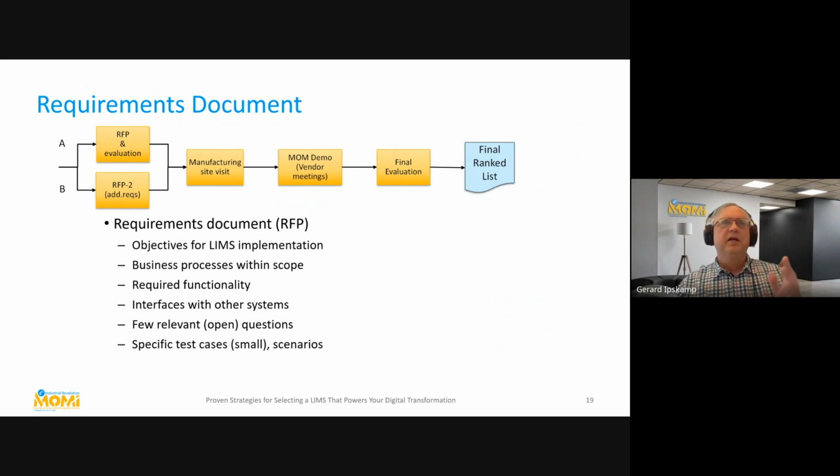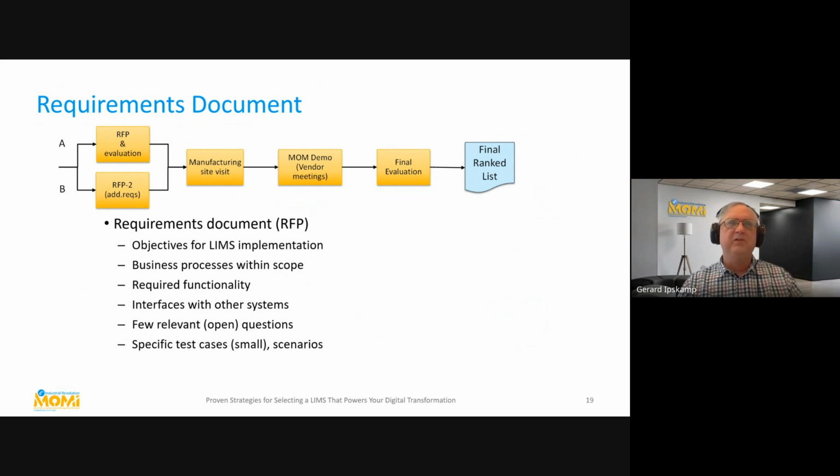Requirement document. One of my statements there is always make sure that you realize that the vendor doesn't know you. So don't send them just an Excel with requirements, because he has no clue what you are asking, and he will probably say yes to everything, just to be sure that he's invited for whatever next step there is. So what I try to do is write an RFP with objectives for a LIMS implementation, with at least high-level process descriptions, how it goes, what is important. Then, of course, the functionalities and the other requirements.